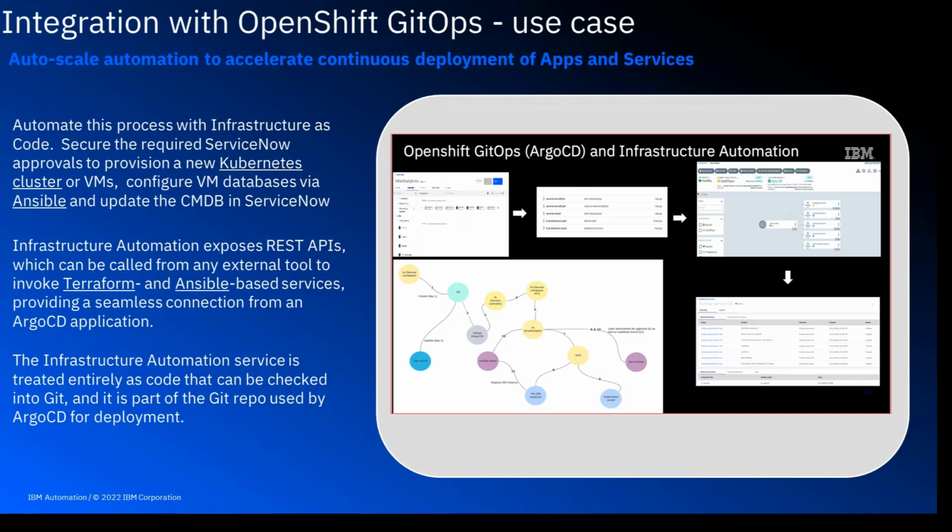So this is similar to the ServiceNow integration, but now we're using the GitOps model for handling all the infrastructure changes. So with this, you can get a secure and auditable flow, all the changes that you make, and it